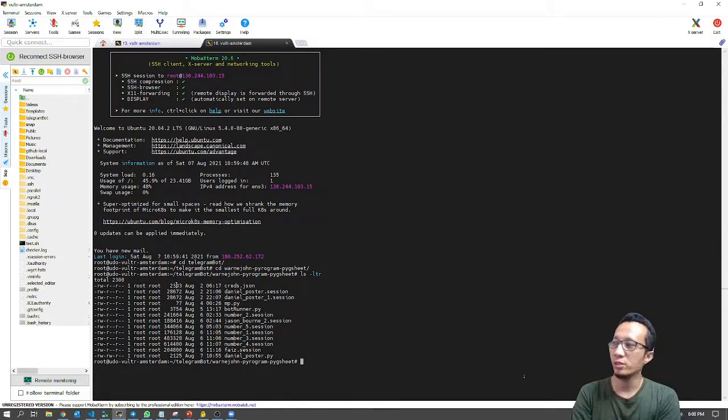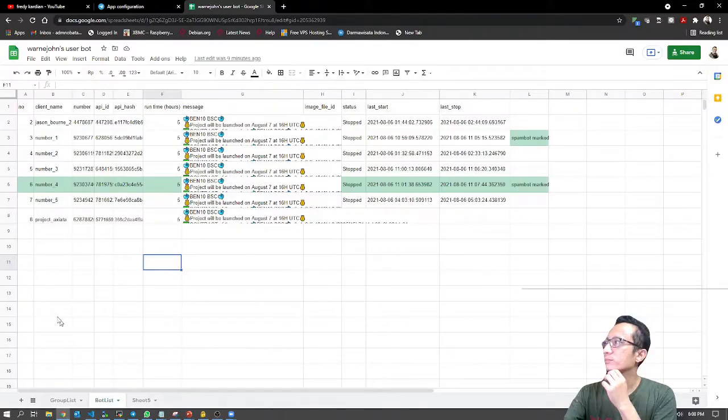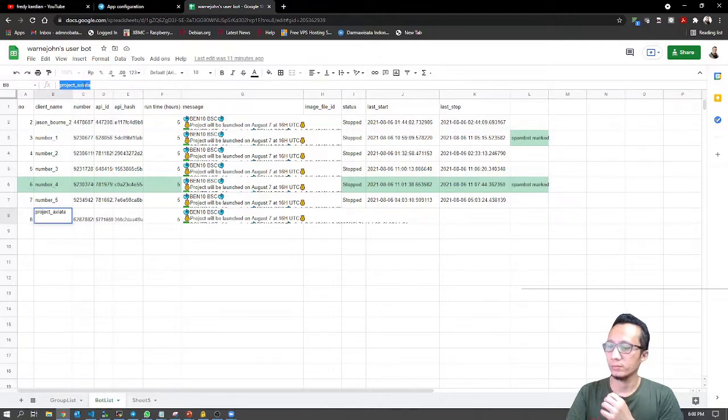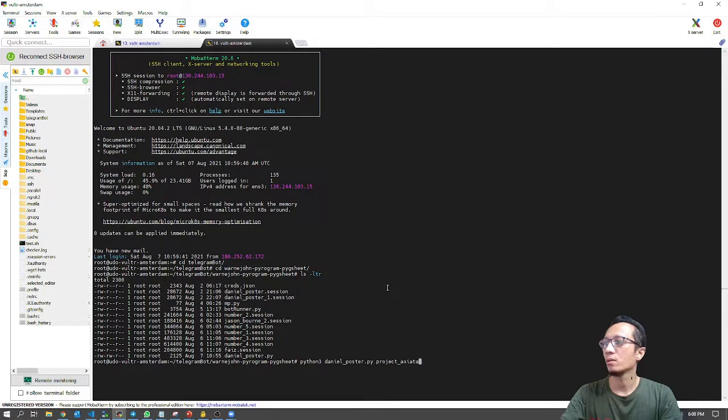And yes, we are using Pyrogram to make this user bot application. So, I will just run Python, the poster project, and paste it right here.